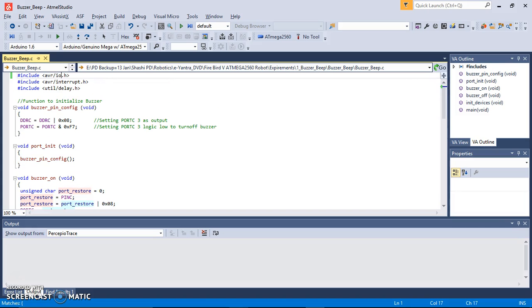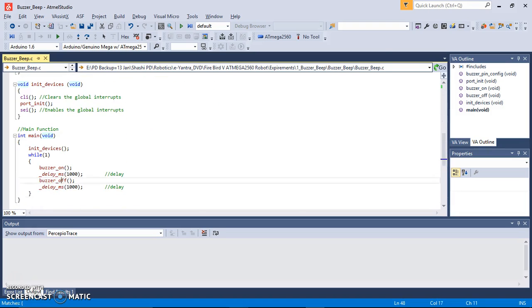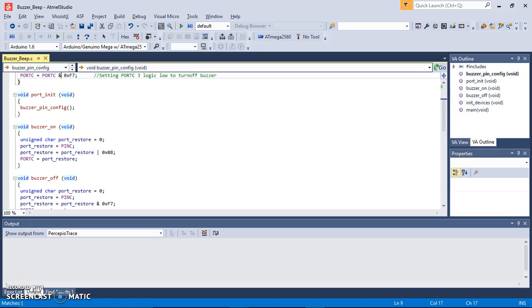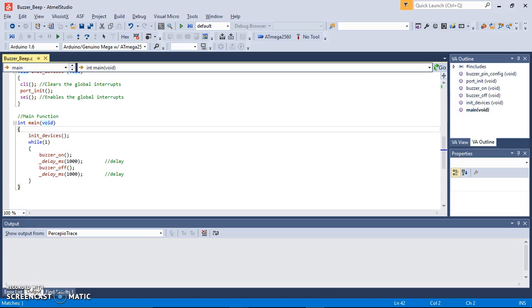Most of the people have written programs in embedded C. As you can see, this is a buzzer beep program where the buzzer is on for 1 second and off for another second. As in a typical C program, or embedded C, which is a superset of C, first we have to include all the header files, then define the functions, and then call the functions. We have also used too many hexadecimal codes. So this type of code is quite lengthy,